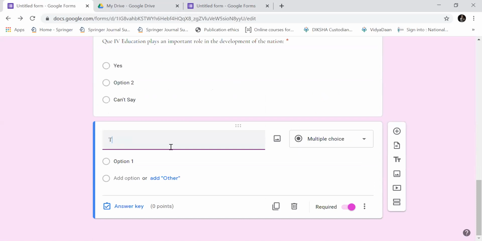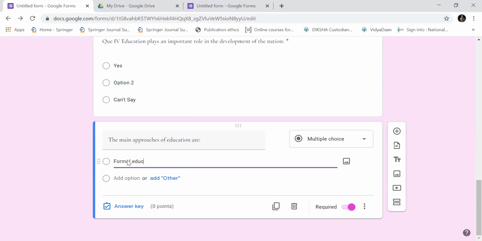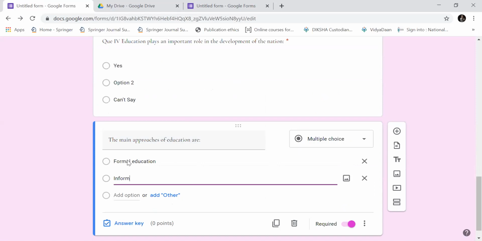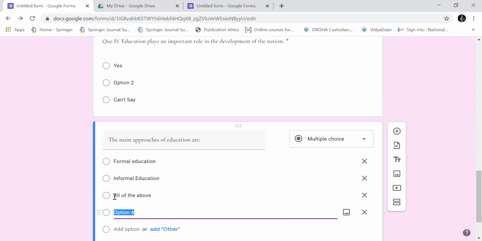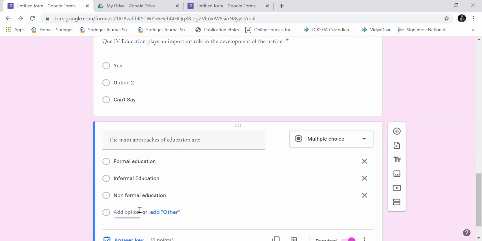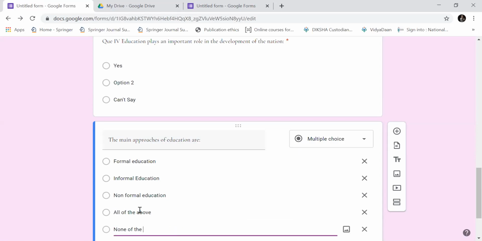The main approaches of education are, so you can write the types or approaches: formal education, informal education, non-formal education, all of the above, and at last none of the above.